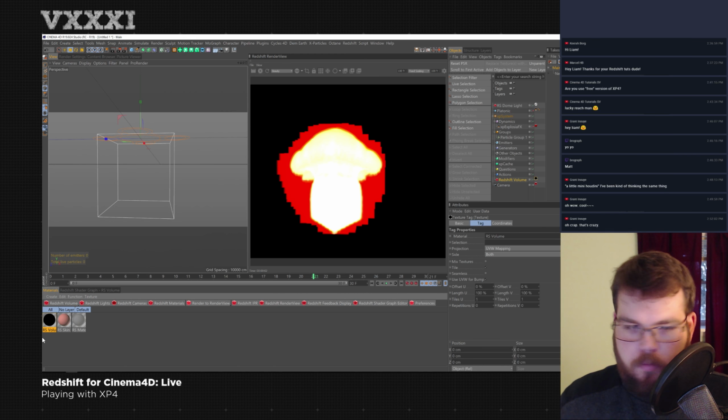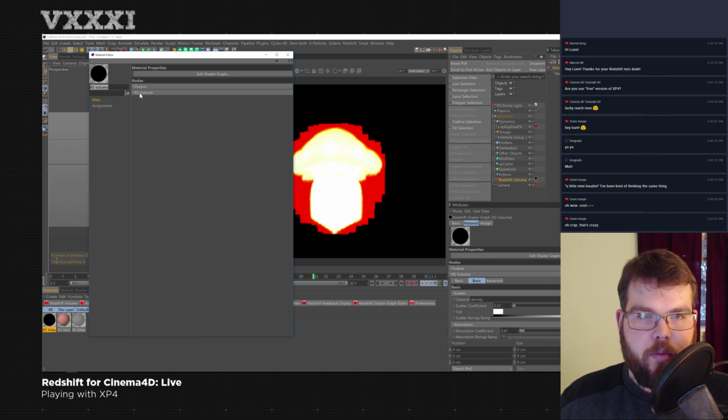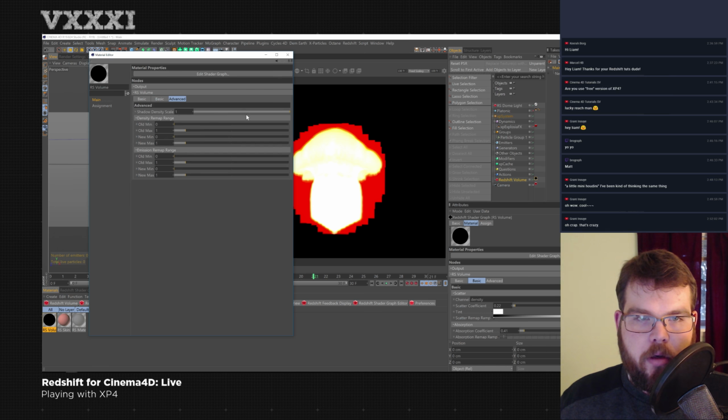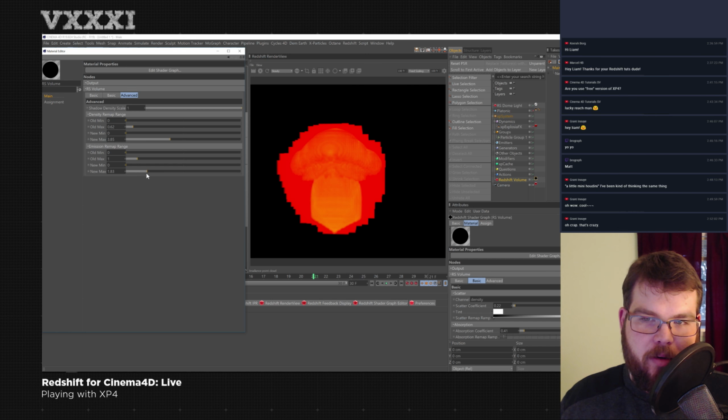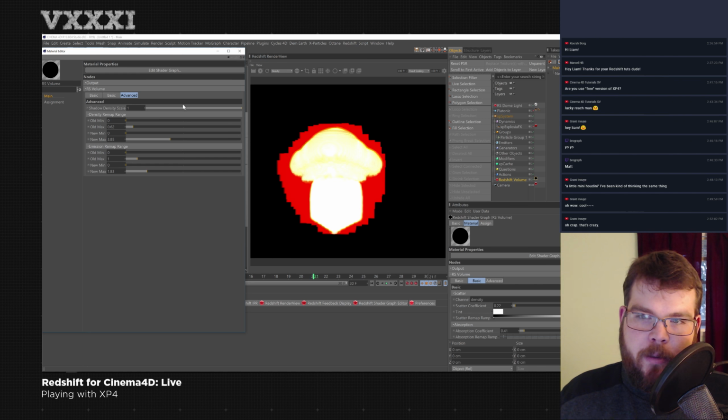Where'd you go? I guess I want advanced. There we go. All right. You can start to play with the min and max. It doesn't seem to have that big of a difference for helping the voxelization. Even if I go and drag this out, you see even more voxels up here and there. If I drag this out, it kind of gets cleaned up a little bit, but then down here it doesn't. So it's going to be a game, and to show you the difference,